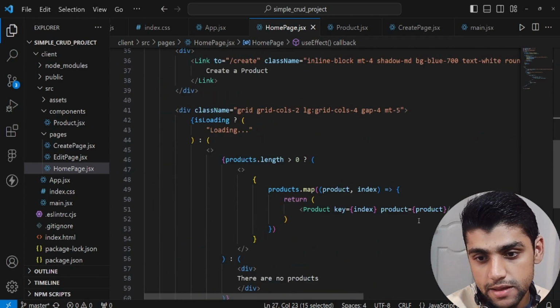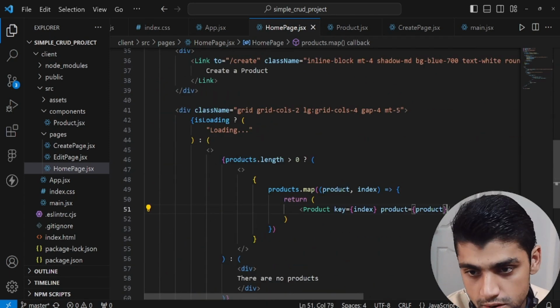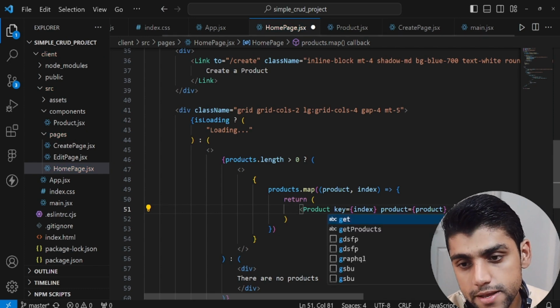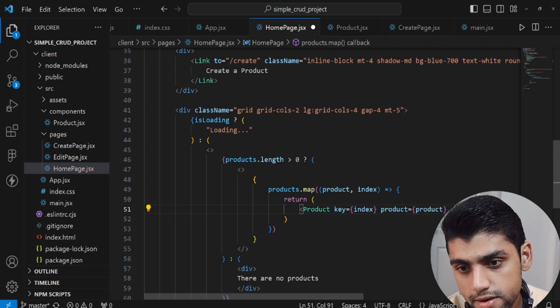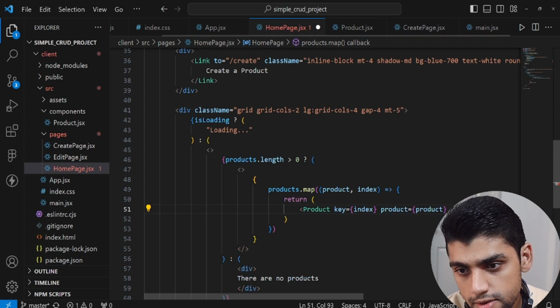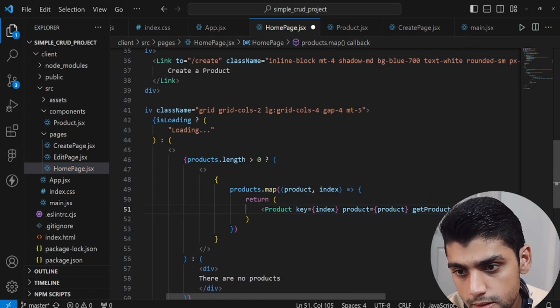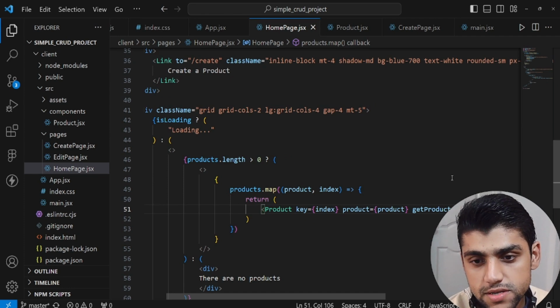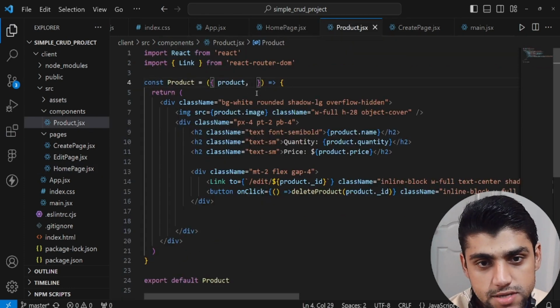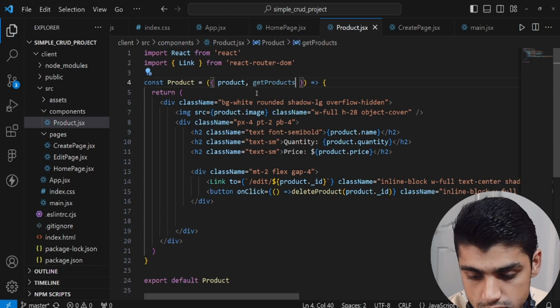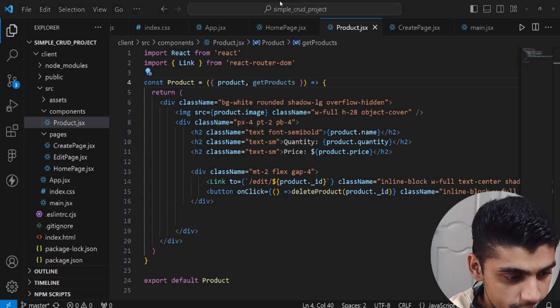You could just paste this right here, and then we have getProducts equal to getProducts. So this function could be passed here, and now that it's passed up here,